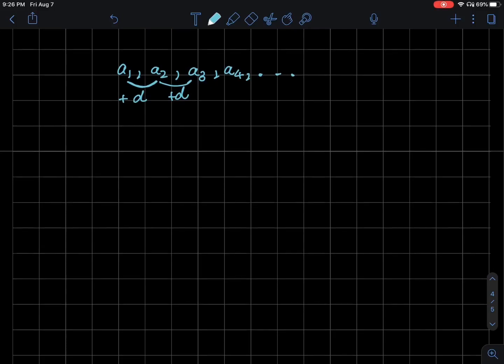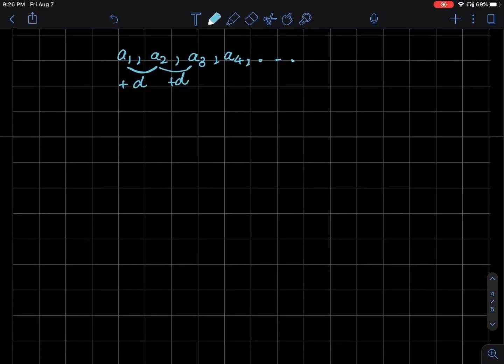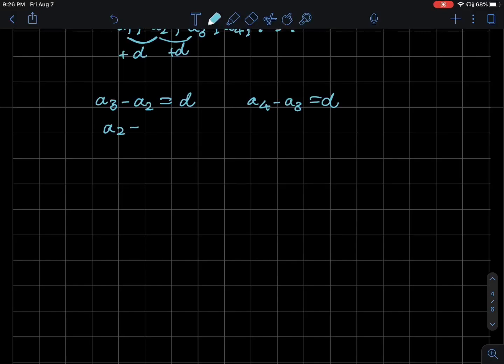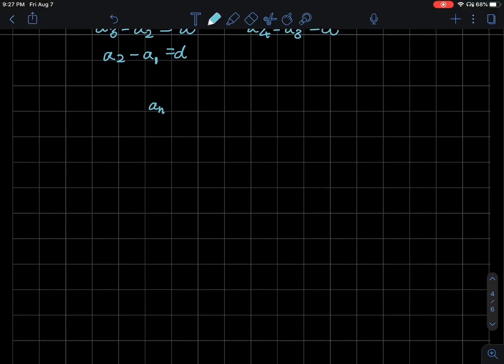Okay, so if the difference between any two terms is d, then isn't it true that I can take a3 minus a2 and I'll get d? I can take a4 minus a3 and I'll get d. I can take a2 minus a1 and I'll get d. So for any term in the sequence, if you do an minus an-1, you get d, which is the common difference of that sequence. Now, if the an minus 1 notation is confusing, an is just some arbitrary term in